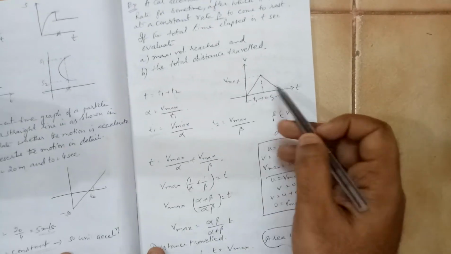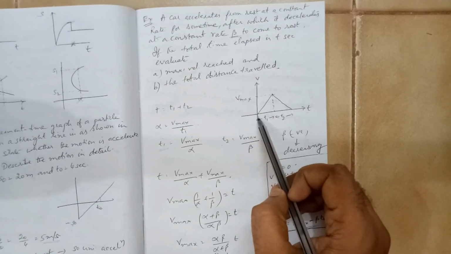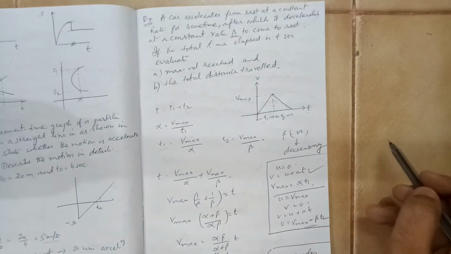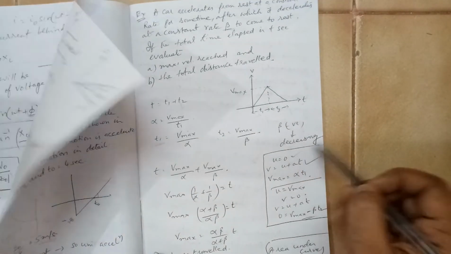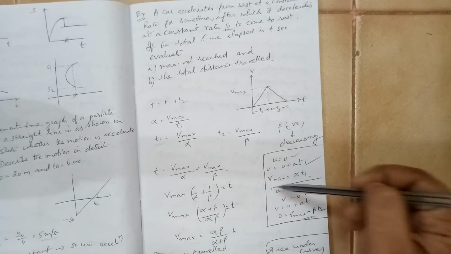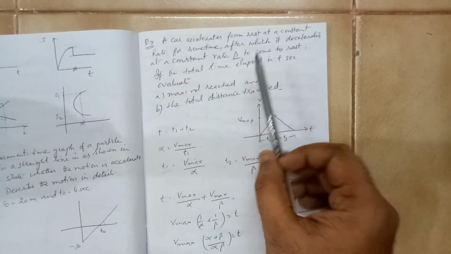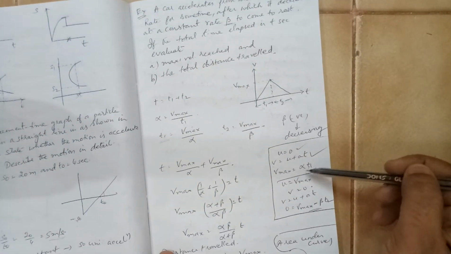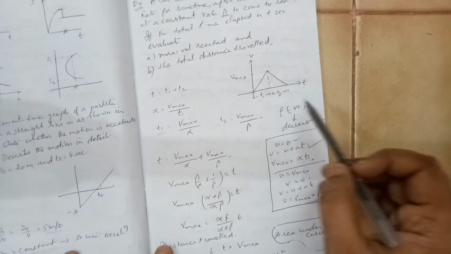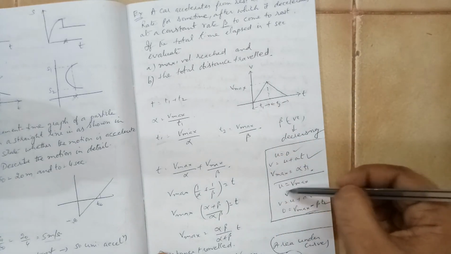Now in the same case, you can say that initially the velocity is 0 at this location. So can you use v is equal to u plus at equation? Yes. Initially u is equal to 0 at the stop point. Let us say the speed is v. You use this, put u is equal to 0, and here a is alpha as per the question. So you get Vmax is equal to alpha t1. And similarly for the other portion, when it started, it is at the maximum speed, so u is equal to Vmax.